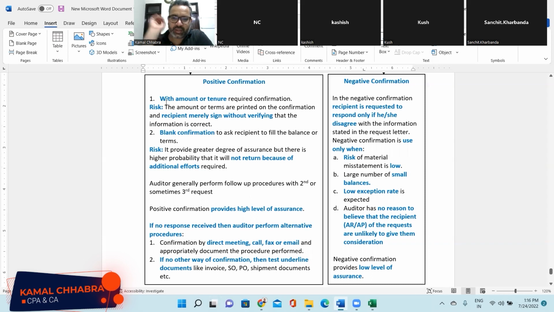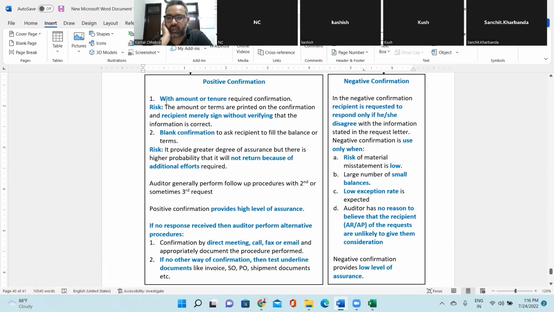Otherwise, we will assume that $10,000 is due to you. Make sense? That kind of request letter will be sent to the customer, but the customer does not respond. So we as auditors assume that the customer agrees that $10,000 is due. When can you use the negative confirmation, and what is the risk involved? You can use the negative confirmation only when the risk of material misstatement is low. If the risk of material misstatement is moderate, high, or a fraud risk or significant risk is involved, then you cannot send the negative confirmation.